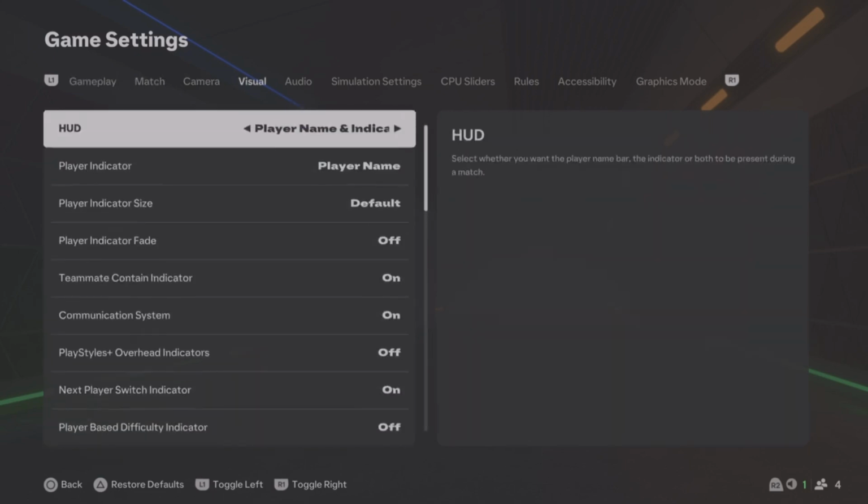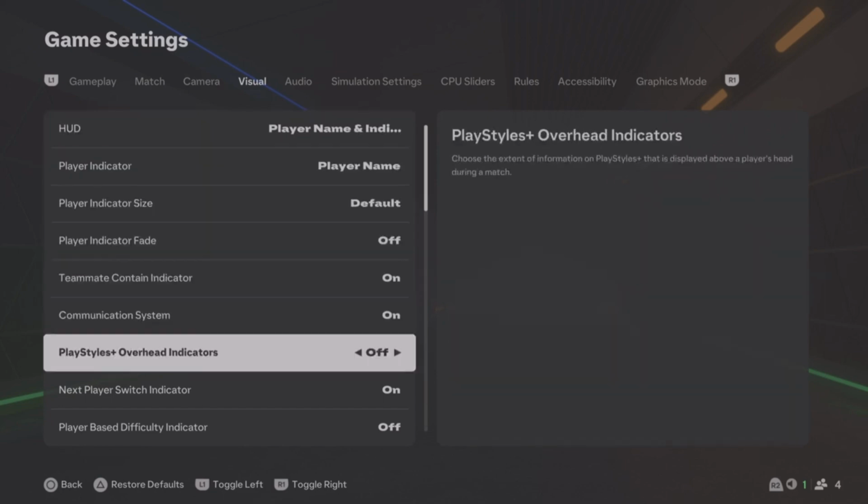There's another key setting in visual, which is playstyle plus overhead indicators. Make sure to turn this off, because at the start of FC25 whenever the playstyle plus popped up over your player's head, it gave you a lag spike and literally froze your game for a split second. Now they fixed that, but I still have a conspiracy theory that this makes your gameplay bad and gives you delay,